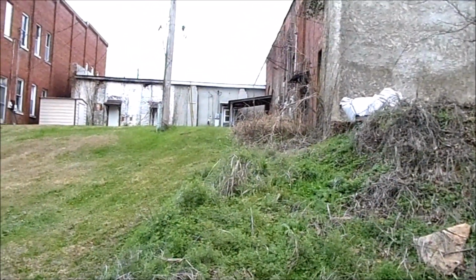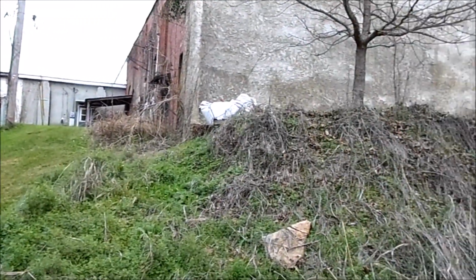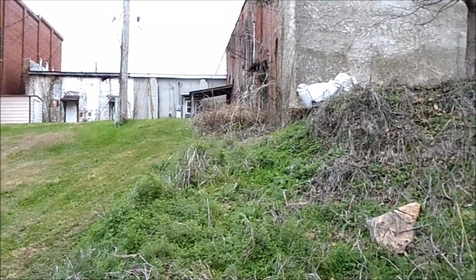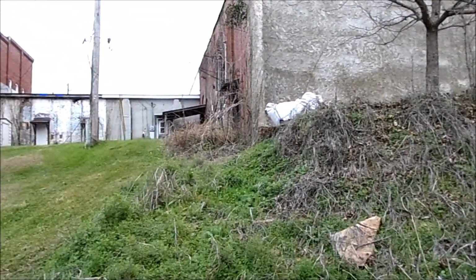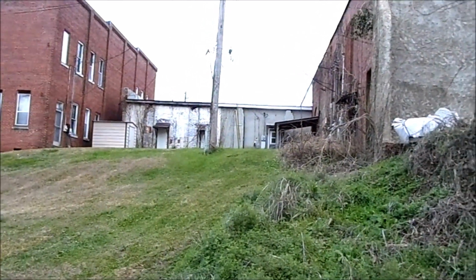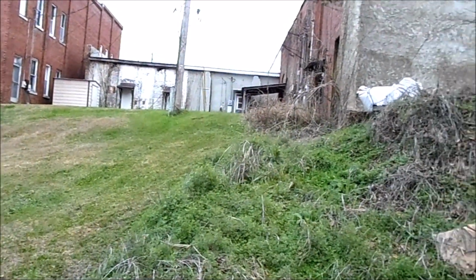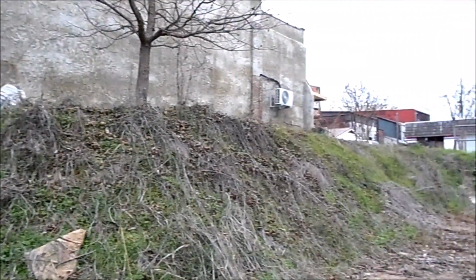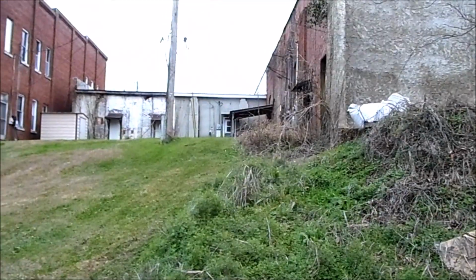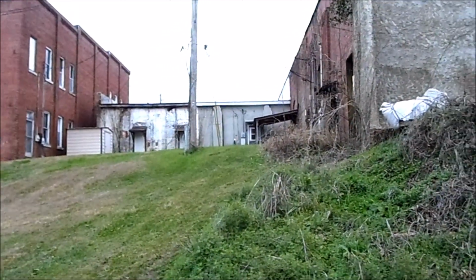So the fact that this is a clay town, almost all of Alabama is clay. And Alabama is terrible for privy digging because of it. As you notice from watching Brandon's videos, does he ever dig privies? I don't think I've ever seen him dig a single privy. He talks about it every once in a while, but he never digs them because there isn't any. The privy digging scene in this state is terrible because I don't find any privies here except new ones,